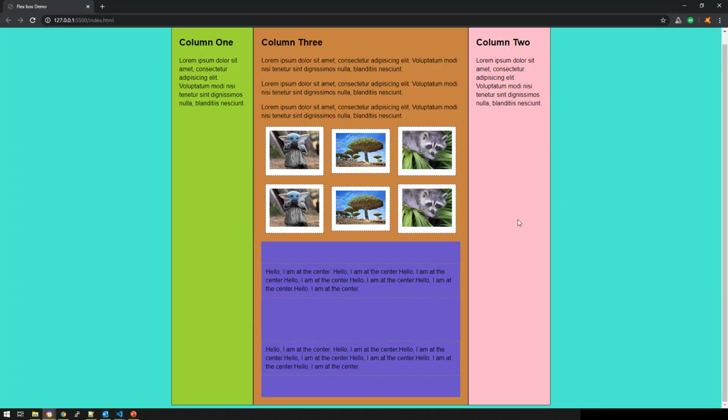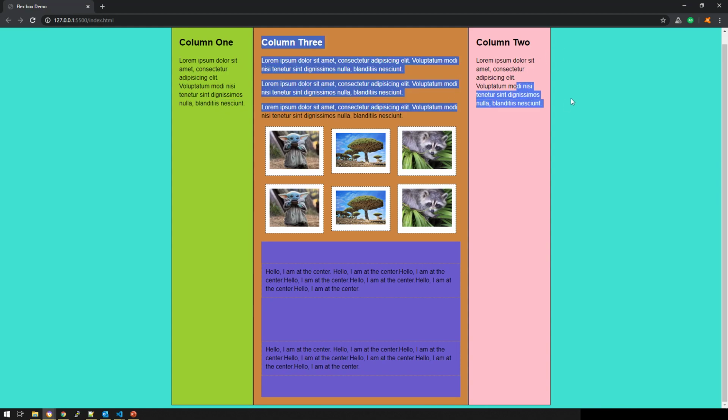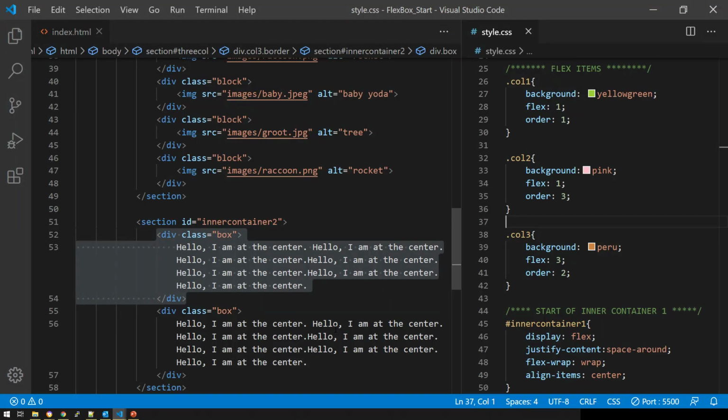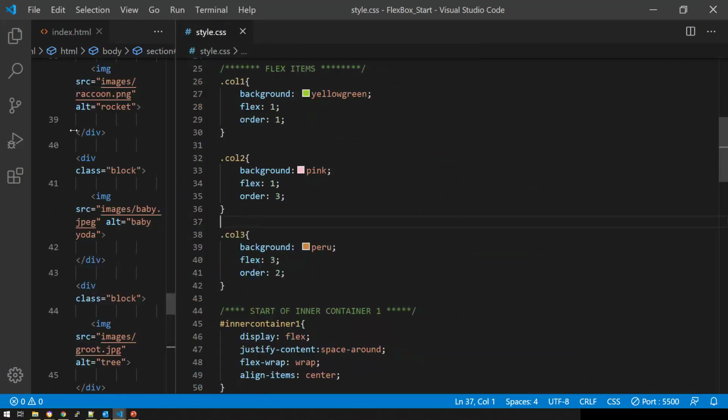So there you have it, your left sidebar, your right sidebar, and your center content. The only thing I changed is the order. So I think that's it for the class. For the CSS, which part of the CSS would you want to see? So only CSS would be